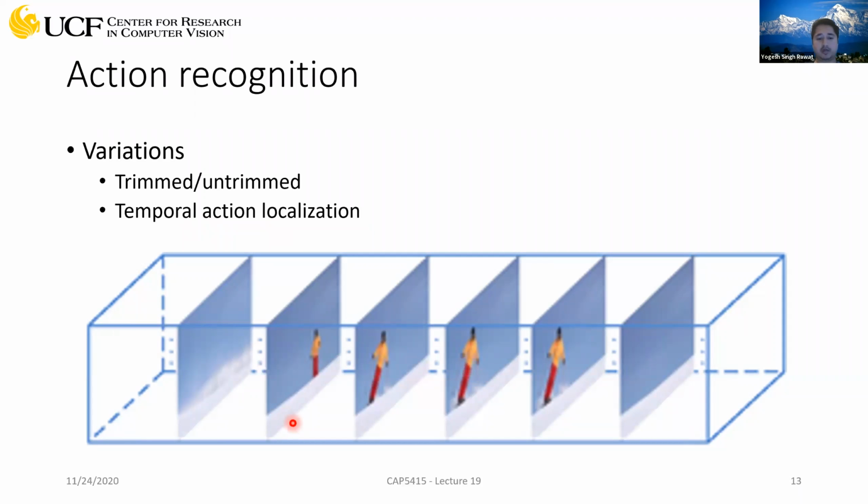So you'll have to predict the start frame when the action starts and the end frame when the action ends. And then the rest of the frames will be just the background frames. So that's called temporal action localization. And so this is the right term to use. And I think in the research community, people have tried to twist this. Sometimes they also use the term action detection for this problem, which is not the right term. Okay.